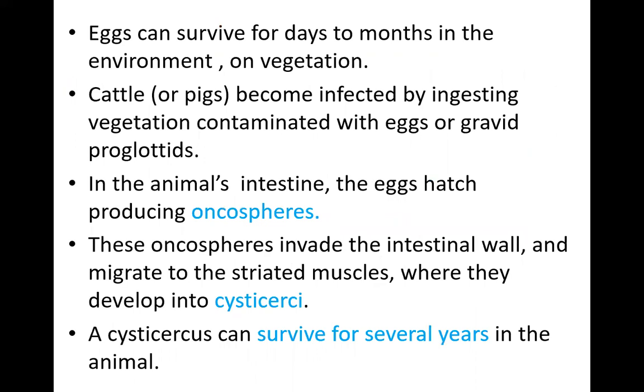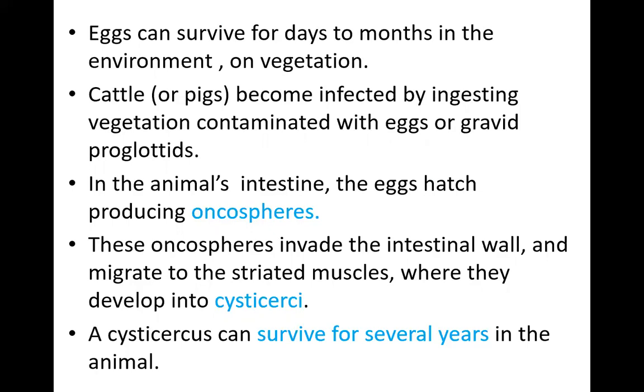The eggs from the proglottids can survive for days to months in the environment, that is on vegetation. The cattle, like buffaloes and cows, and pigs also become infected by ingesting vegetation contaminated with the eggs or the gravid proglottids. In the animals' intestine, not humans, the eggs hatch, producing a form of baby parasites called oncospheres. These oncospheres invade the intestinal wall and reach